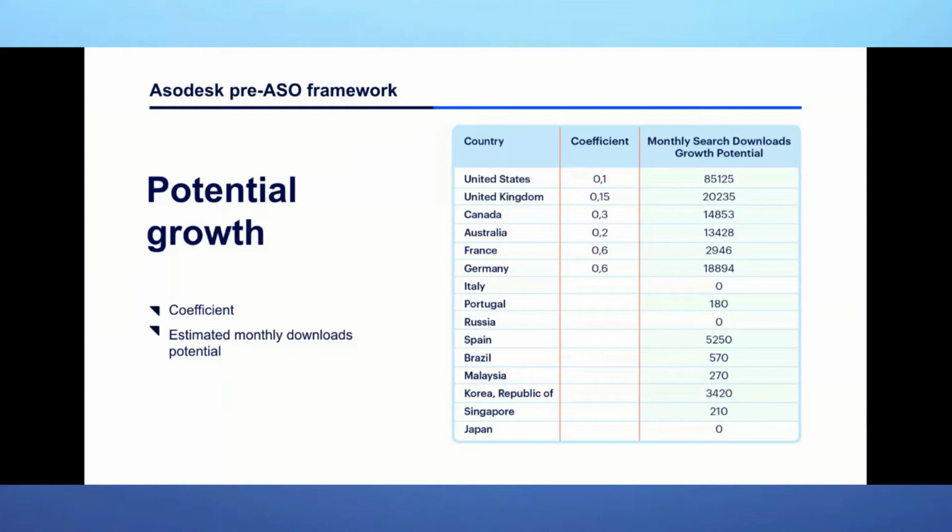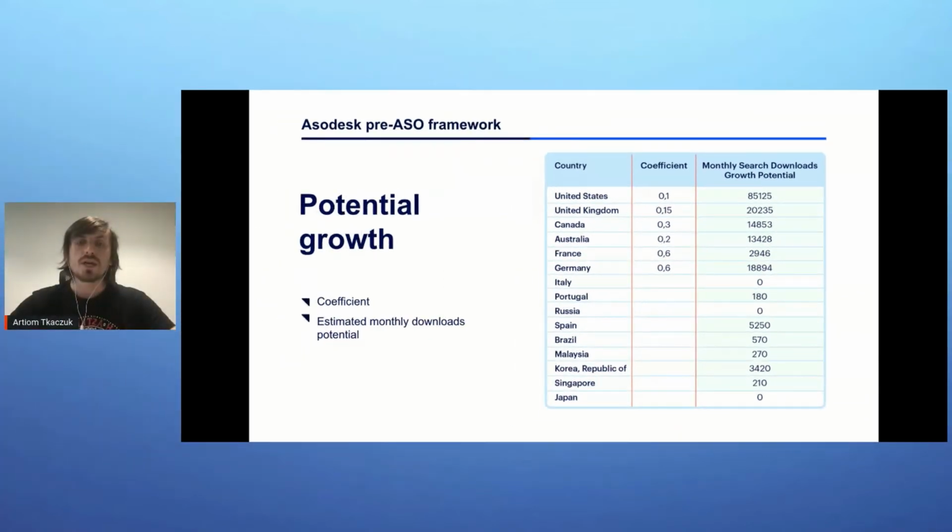for different countries. For instance, in this case, we went through all the data, for instance, for the United States and UK, and we came to a conclusion that competition is pretty tough there, so the coefficient might be 0.1, like we set a goal to take 10% of the possible user base in those countries. And in the cases of France and Germany, the competition isn't that tough, and we have set the coefficient to 0.6, like we set a goal to get